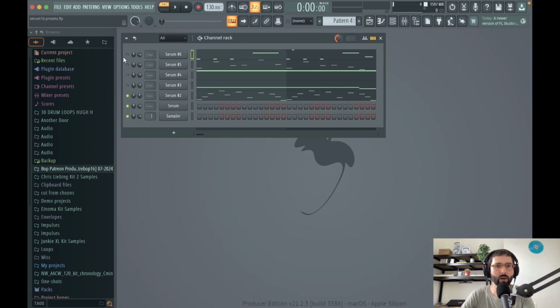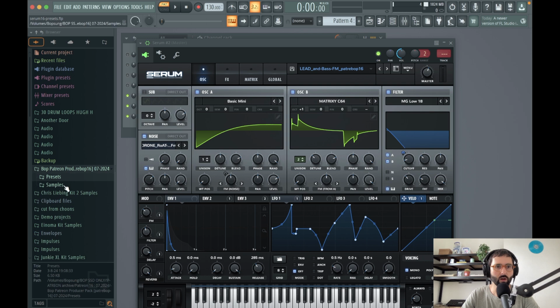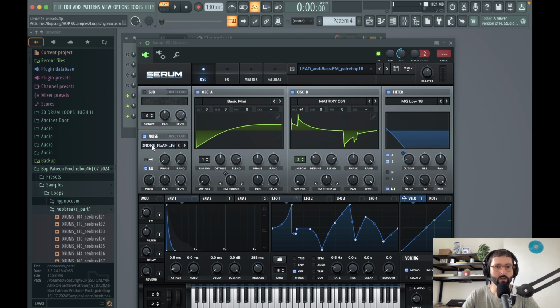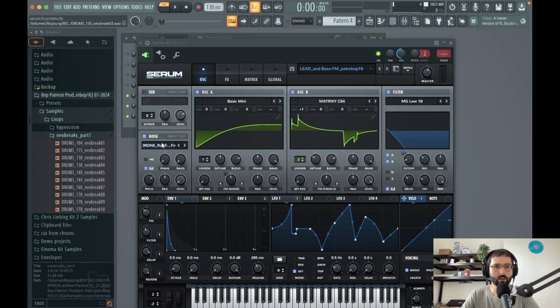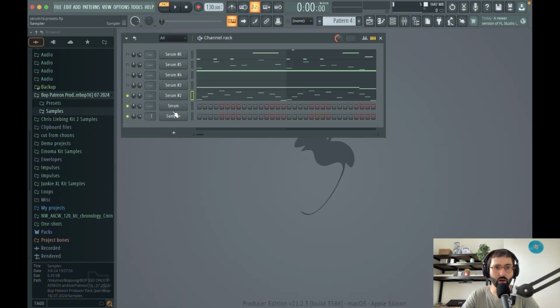So in the latest pack, I've made 5 presets for Serum, and they are actually sample based. So if you didn't know, you can use Serum as a sampler. Like if you drag your sample right in here in the noise section, it will play this sample, and you can use filters and effects with this sample. So I wanted to use this technique to make some sounds for this pack, and